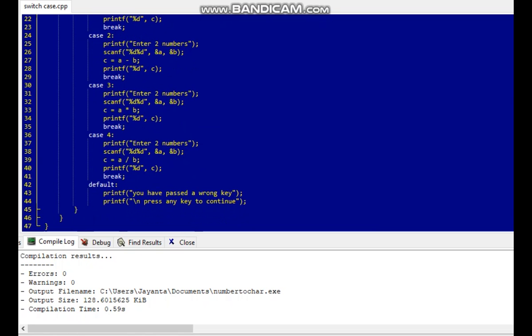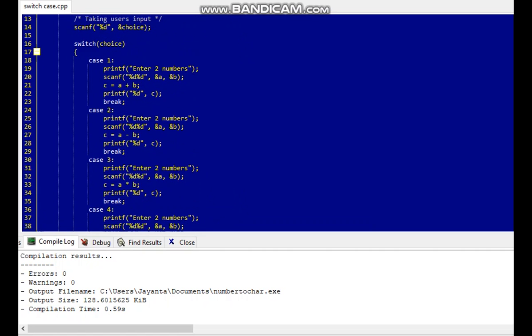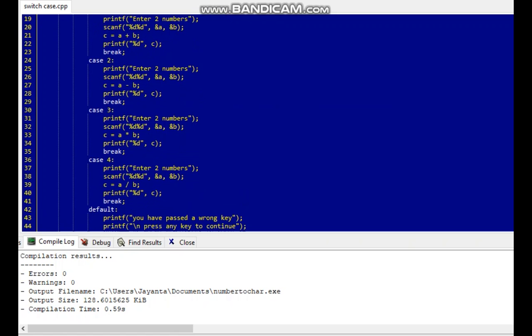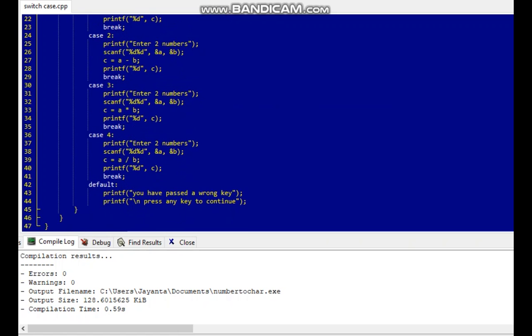And again the message will be: press any key to continue. So there are 4 cases: case 1 for summation, case 2 for subtraction, case 3 for multiplication and case 4 for division. The default statement gives us the message that you have passed a wrong key or wrong value, and press any key to continue.